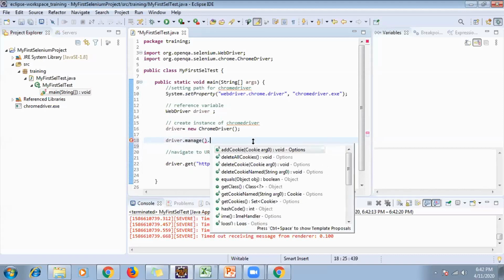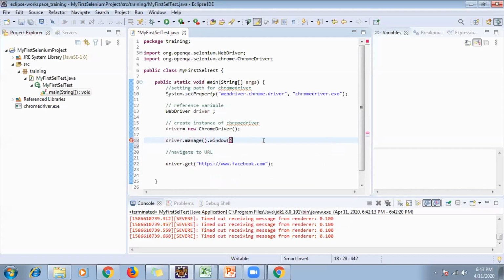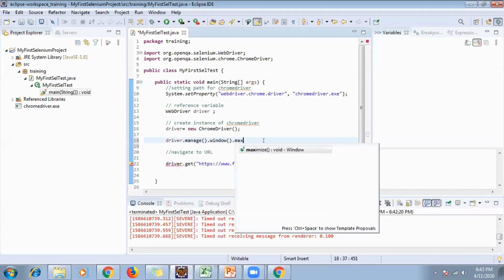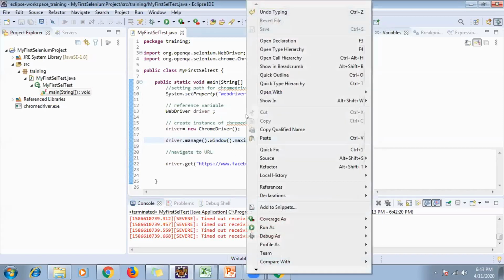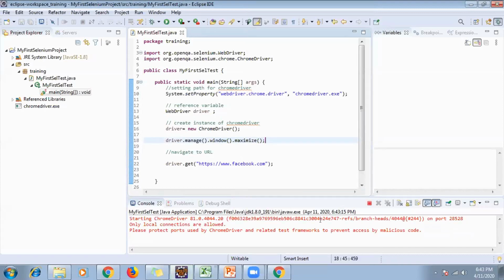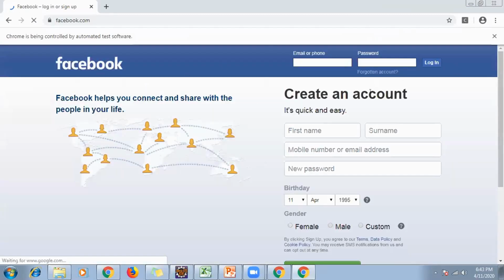What I want to manage? I want to manage the window. What I want to do with the window? I want to maximize it, right? And if I run it, this time it is fine. We are able to see everything, right? Okay.